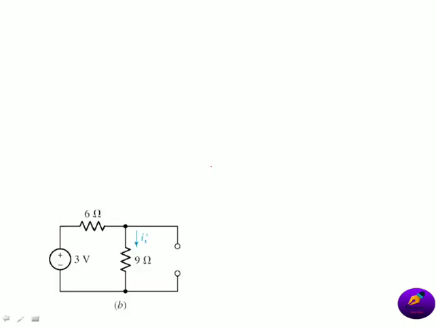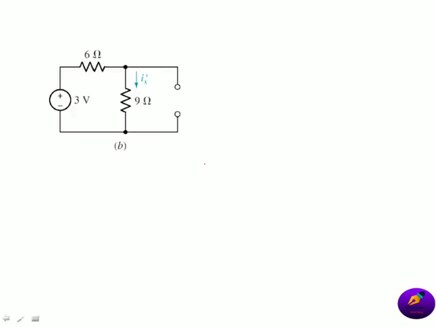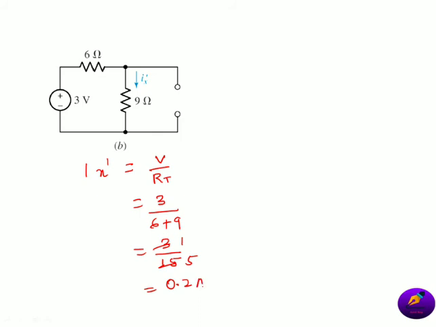For the first circuit we have suppressed our current source, therefore Ix dash will be equal to voltage divided by total resistance. We have 3 volt as the voltage, and it will be divided by the total resistance, that is 6 plus 9, that is 3 divided by 15, it will be 1 divided by 5, and that will be around 0.2